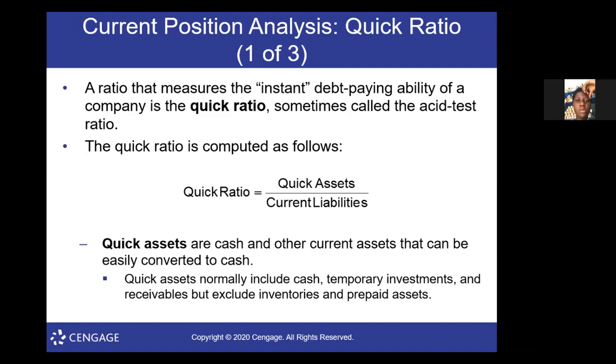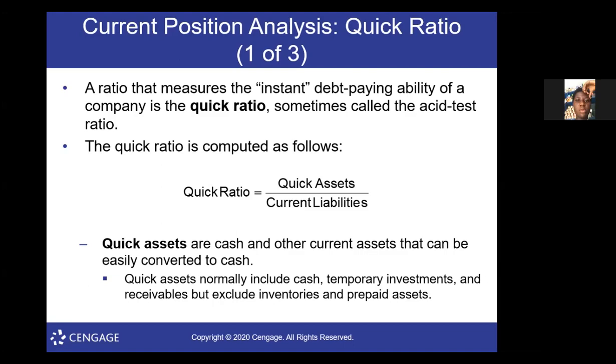So really what it's saying is your numerator of current assets is much stricter than it would be for the current ratio. So for current ratio, you're taking all current assets, cash, accounts receivable, inventory, prepaid expenses, whereas the quick ratio, you're simply taking cash, temporary investments, and accounts receivable, but you exclude inventory